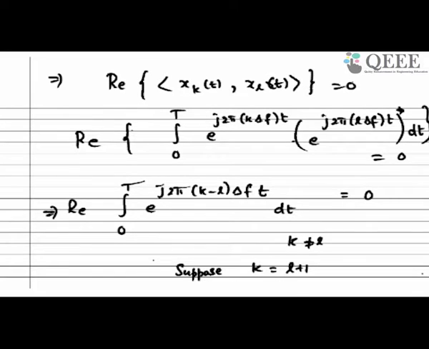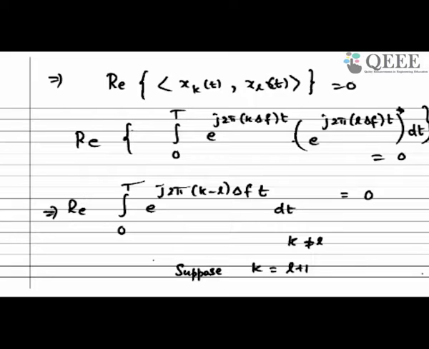Again, everything is defined over only T seconds, so the waveforms are now restricted to T seconds. Now I multiply e power j 2 pi k delta f t and e power j 2 pi L delta f t, that is, two complex exponentials, one with frequency k delta f and one with L delta f. We want these to be orthogonal. I am assuming k equal to L plus 1, so that they are the closest ones: k delta f and (k plus 1) delta f are the closest frequencies. We want them to be orthogonal. So now let us see what the spacing should be.